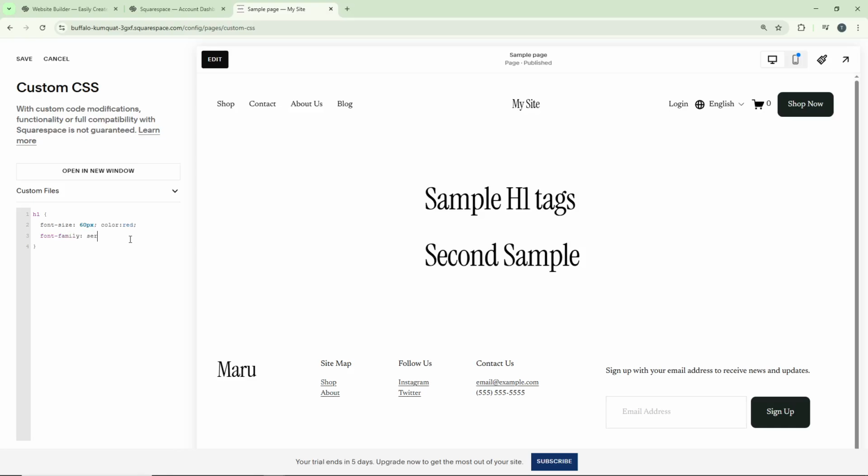Because your code targets H1, any text formatted as heading 1 throughout your site will automatically reflect these changes, giving you consistent styling across all pages. And that's it. You've successfully edited and optimized your H1 tags in Squarespace, both through the visual editor and with custom